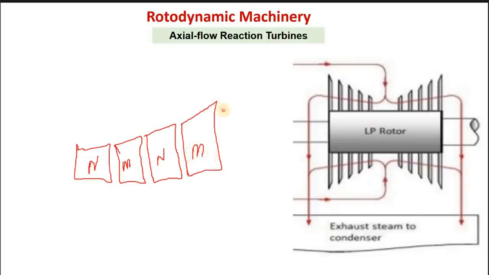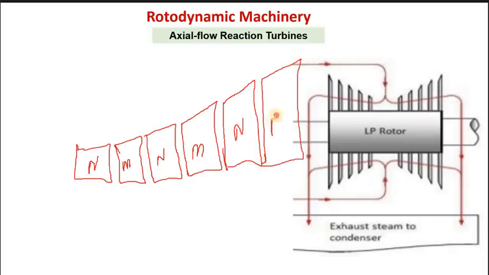Then if you need another row, a third row, you can see here the height is continuously increasing in the axial direction. Right. So here we have drawn, as an example, a three row axial flow reaction turbine. All the moving blades are attached to the shaft and the nozzles are attached to the